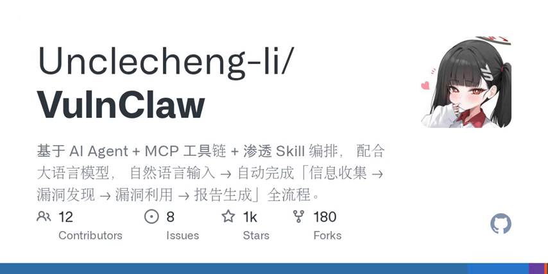Welcome to a talk about an AI-driven penetration testing CLI tool that speaks in plain language and hunts for vulnerabilities. It's called VulnClaw, a standalone agent that combines large language models, a modular tool chain, and a library of penetration testing skills. You can tell it, "penetrate http://example.com," and it will automatically walk through reconnaissance, vulnerability discovery, exploitation, and report